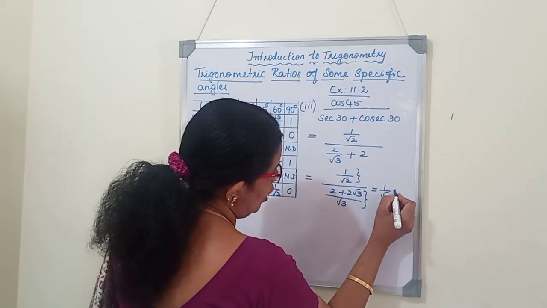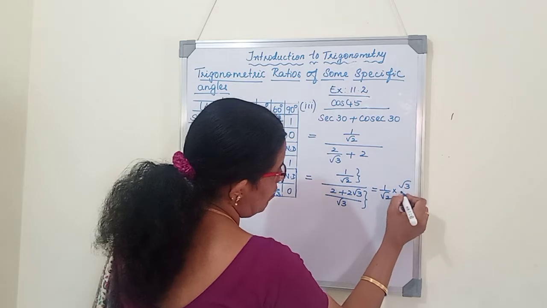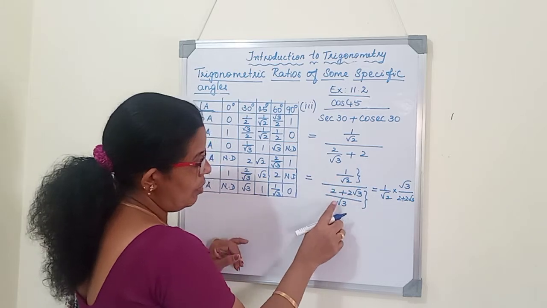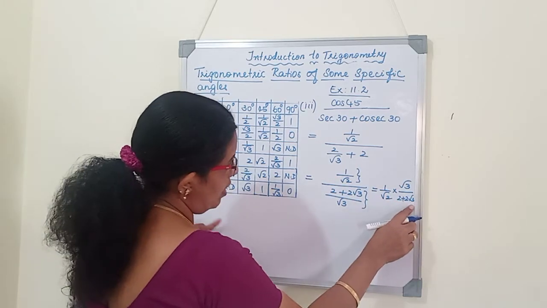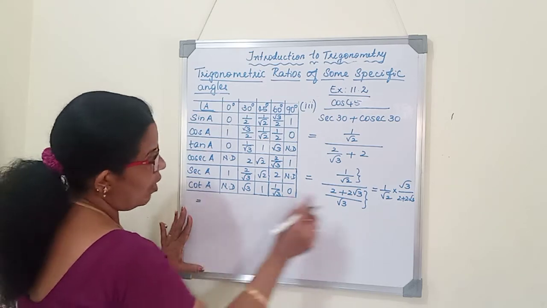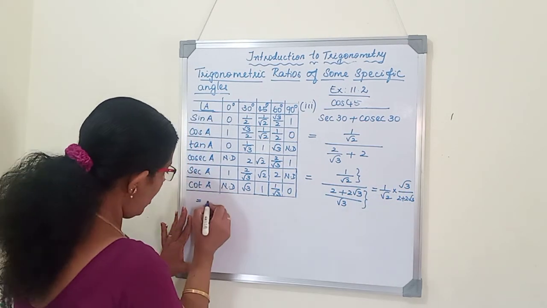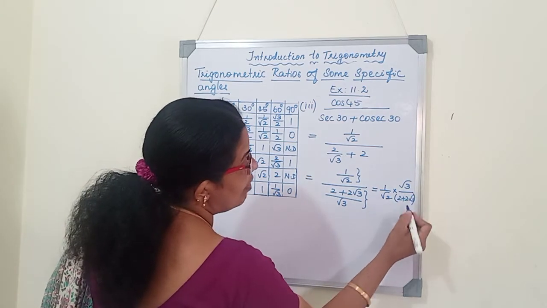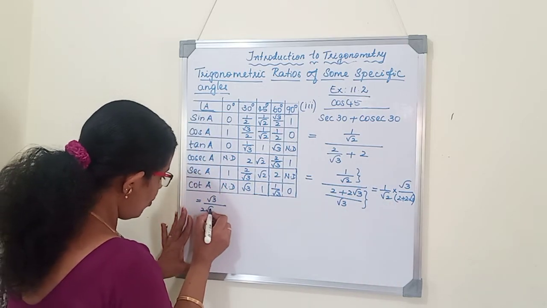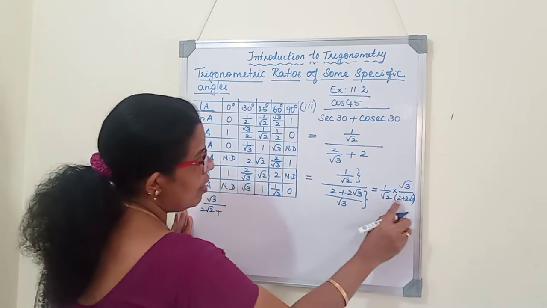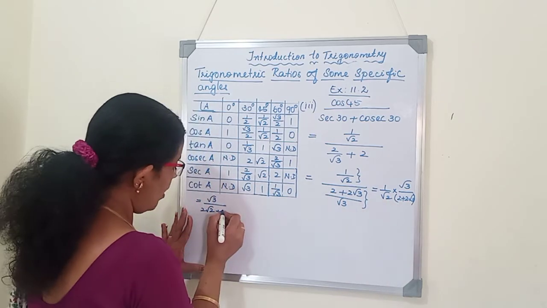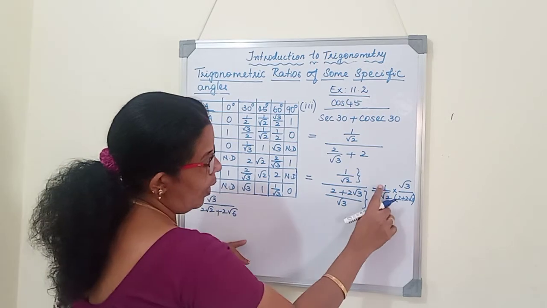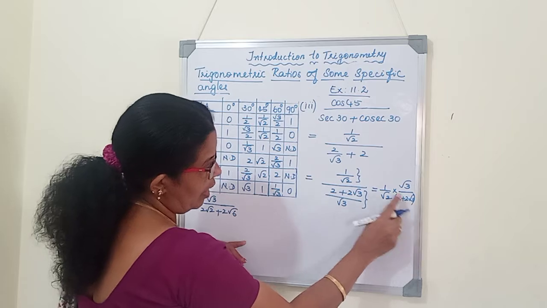That is 1 by root 2 into root 3 will go to the numerator. Here you will get 2 plus 2 root 3. So 1 by root 2 into the denominator's reciprocal, root 3 by 2 plus 2 root 3. Now we will write numerator into numerator, 1 into root 3, divided by root 2 into 2 plus 2 root 3. So we will multiply root 2 into 2 root 2 plus 2 root 3 into root 2. 2 is a whole number, we will write as it is. Root 2 and root 3 when you multiply, we will get root 6.